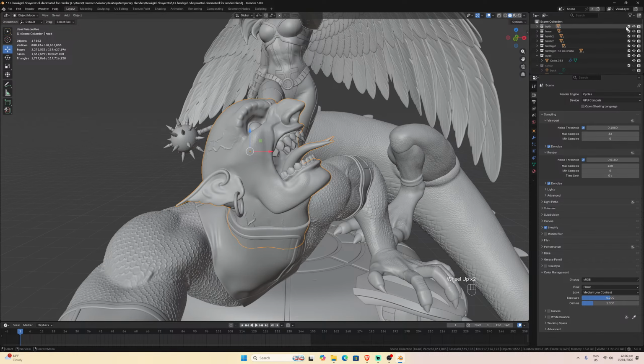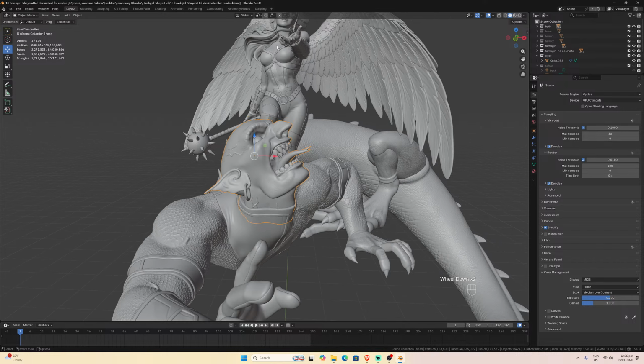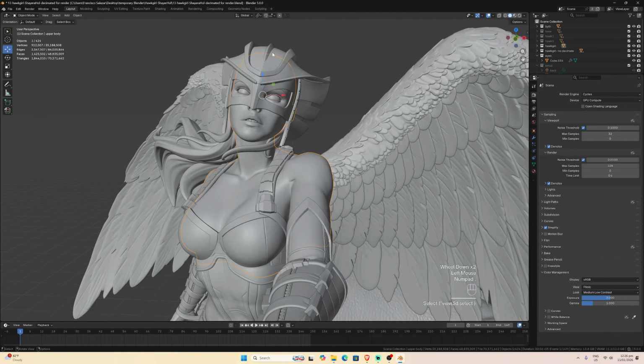Let me hide everything. Hawk and base. Let's see if we can paint something here, something extra, if it is going to look good. So we'll continue. Maybe let me start with Hawkgirl because her skin is